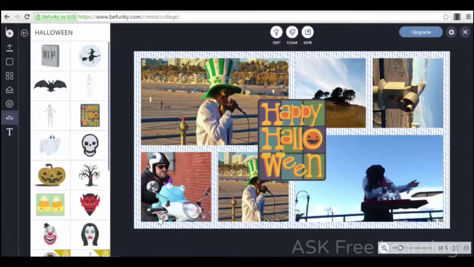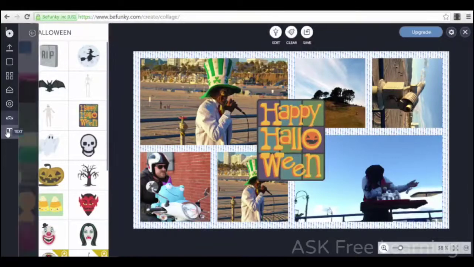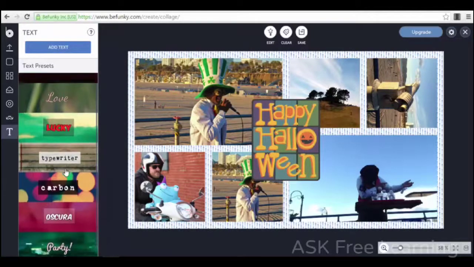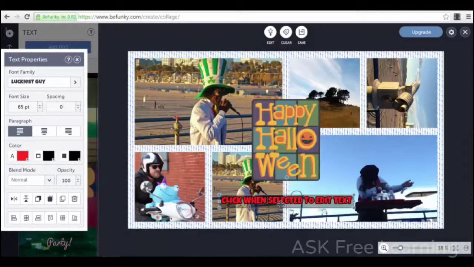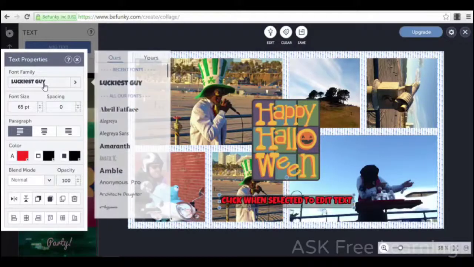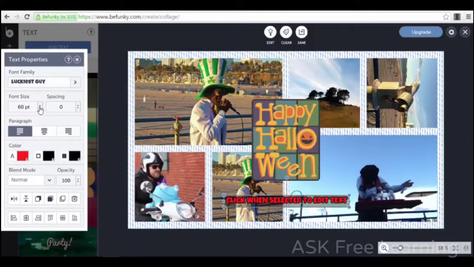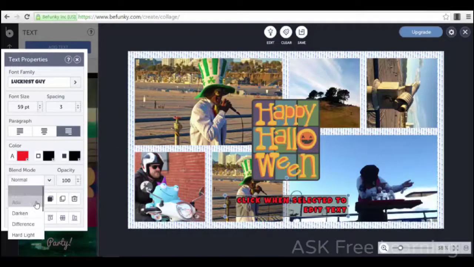So this is actually an awesome software, as you can see, and also you can add the text function exactly as you have seen in the photo editor, where you can type whatever you want and choose from different fonts, different sizes, different spacing between, you can align the text as you want to, choose a different color, choose the opacity, the blend effect, it can be more darken, it can be a hard light. So you can do a lot, you have a lot of features and effects, as you